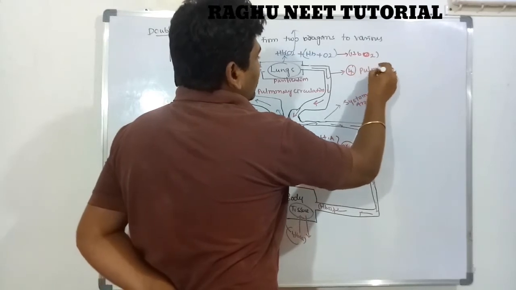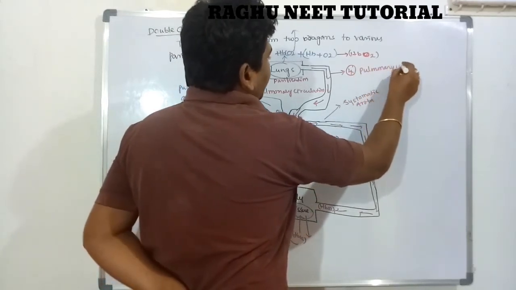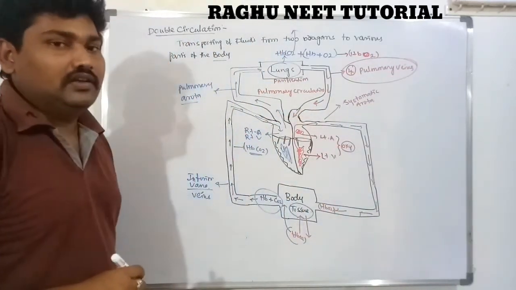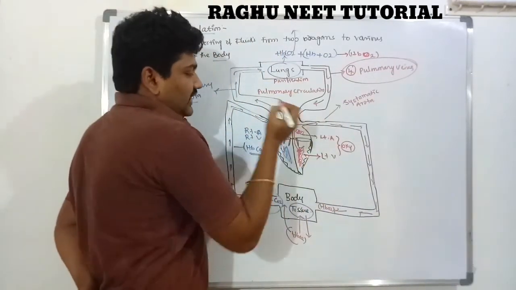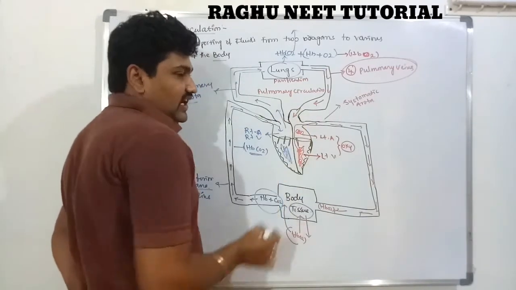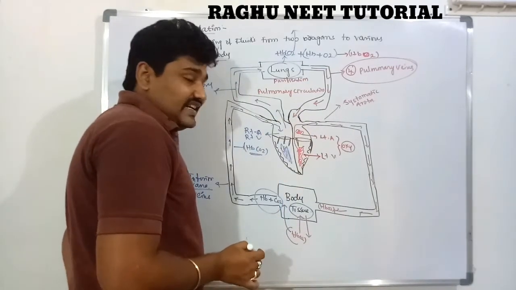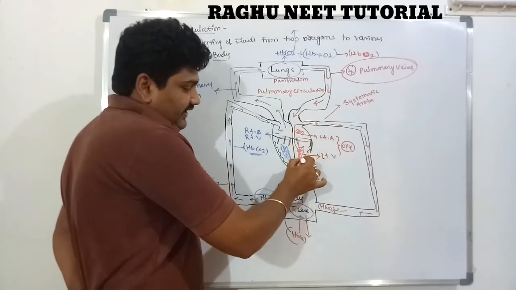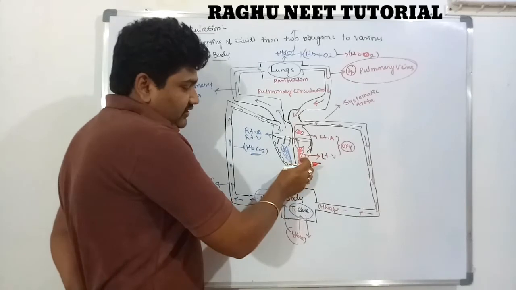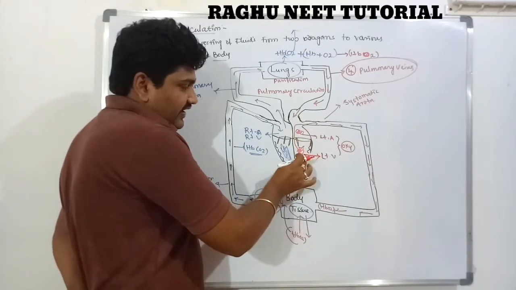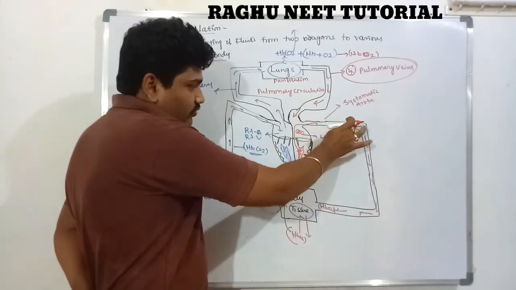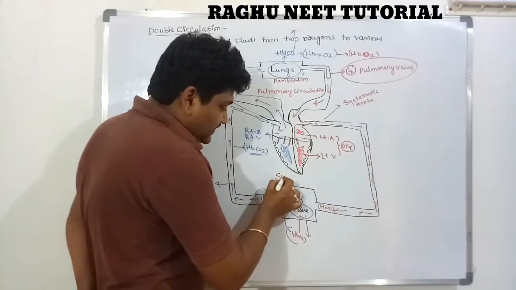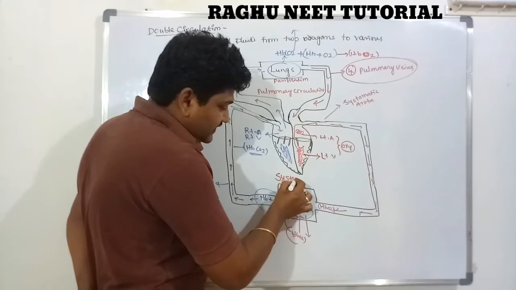The purified blood is carried by four pulmonary veins. These pulmonary veins carry the oxygenated blood from the lungs to the heart region. So the left chamber of the heart is completely filled with oxygenated blood. It enters into the left side of the heart. With the contraction of the auricles and then the ventricles, the oxygenated blood is transported from the heart to various parts of the body. This type of circulation is known as systemic circulation.